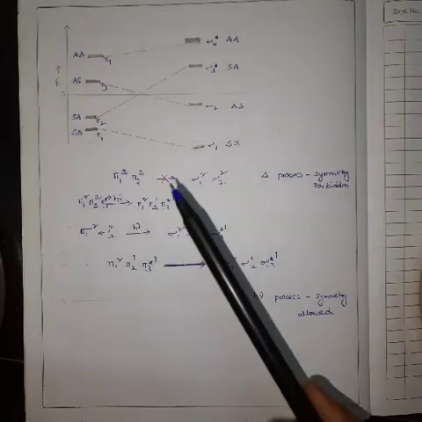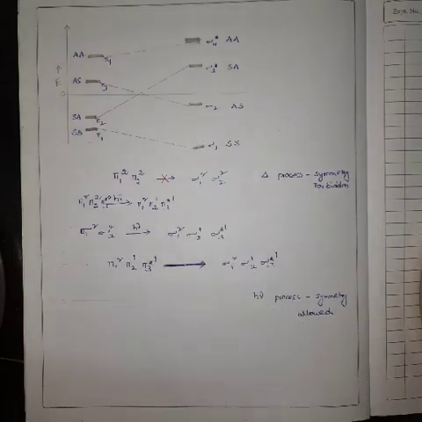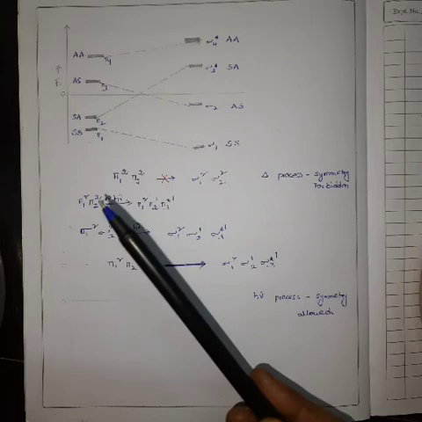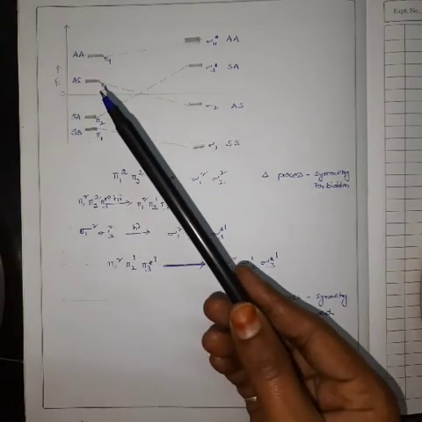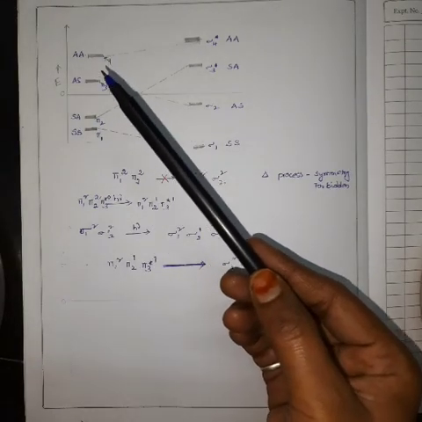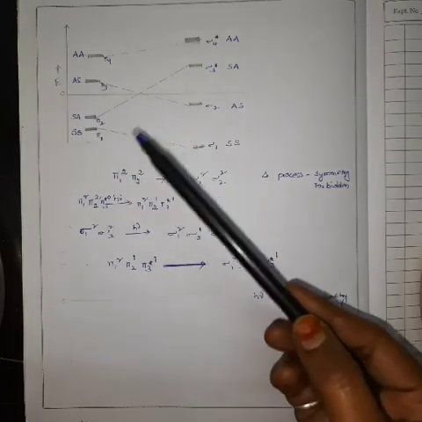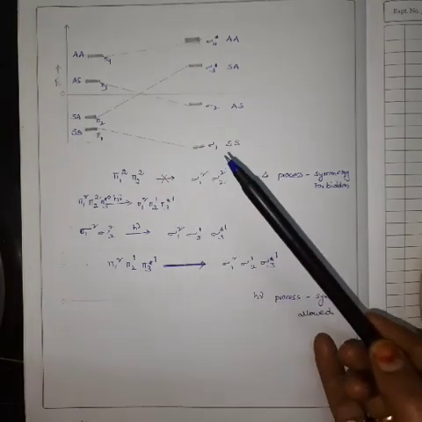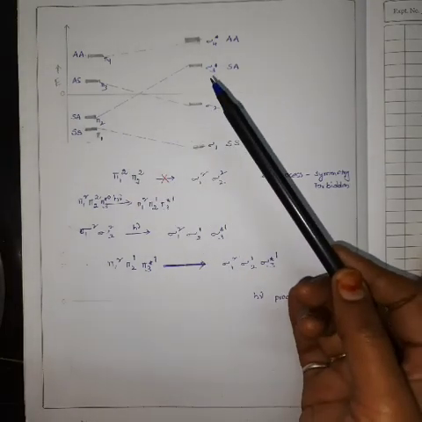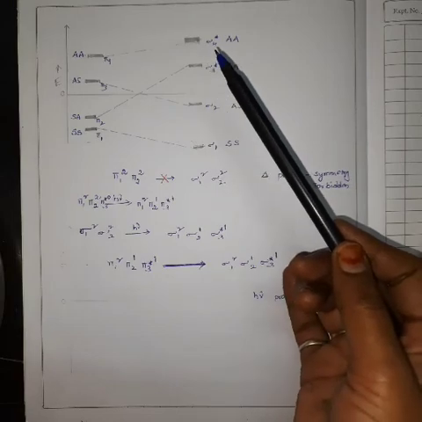This is the correlation diagram of the ethylene to cyclobutane addition reaction. Pi 1, pi 2, pi 3 star, pi 4 star are molecular orbitals of reactants, and sigma 1, sigma 2, sigma 3 star, sigma 4 star are